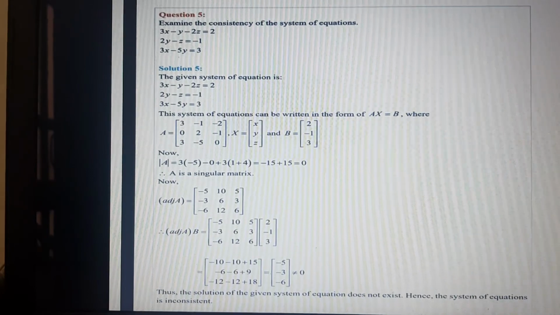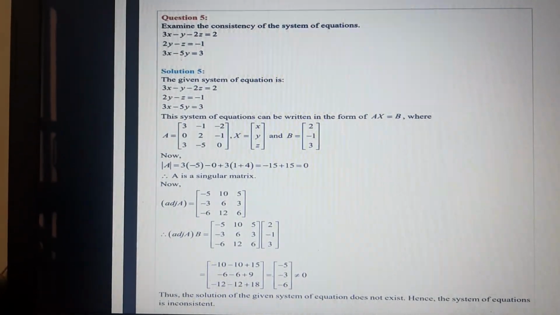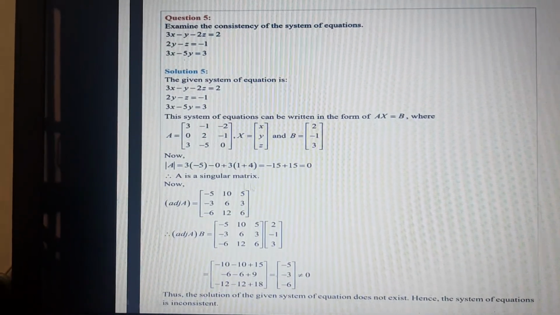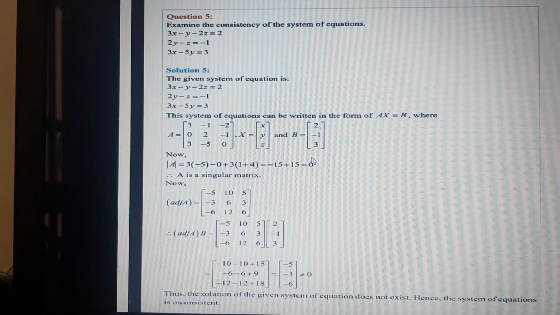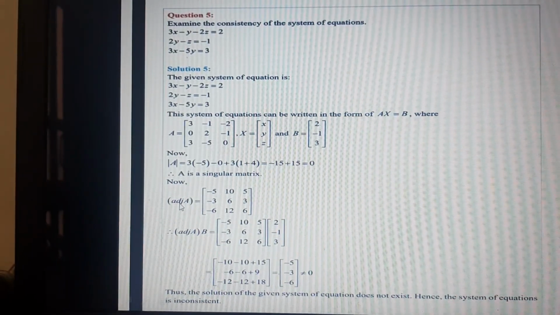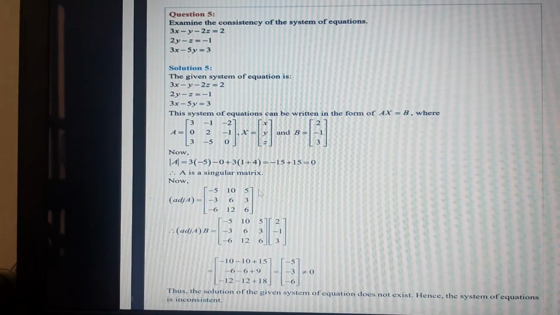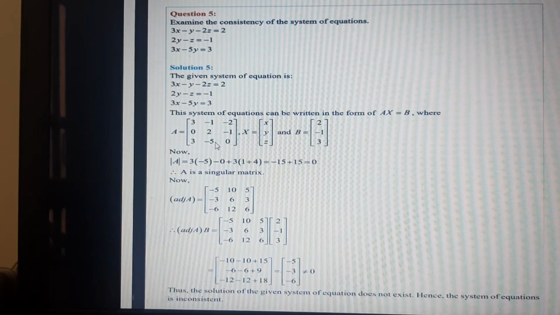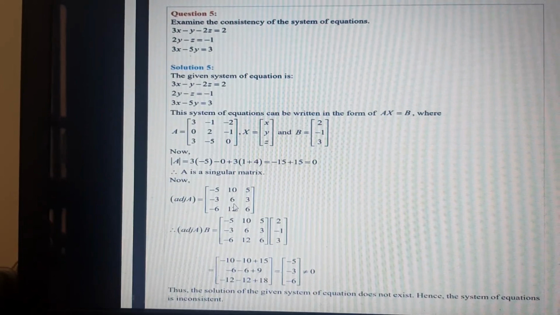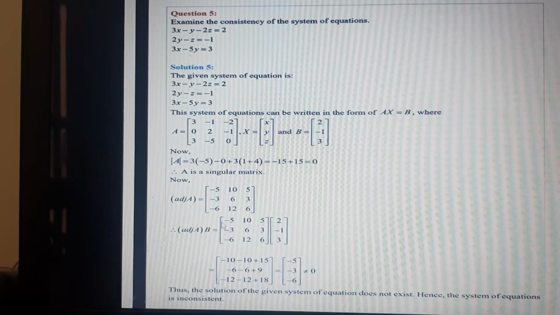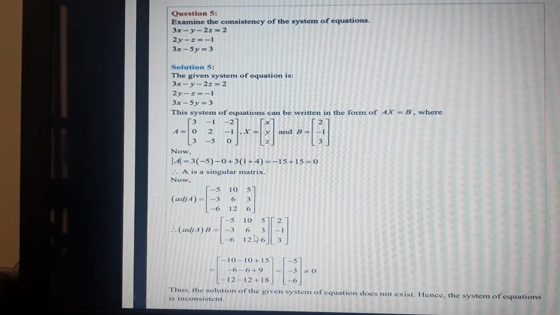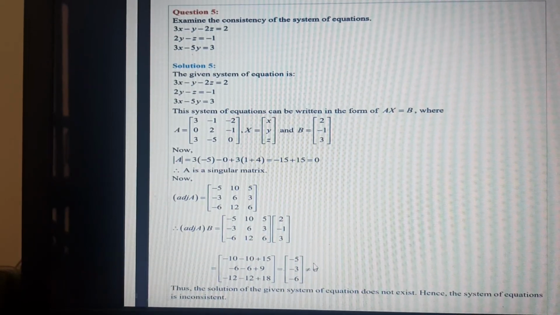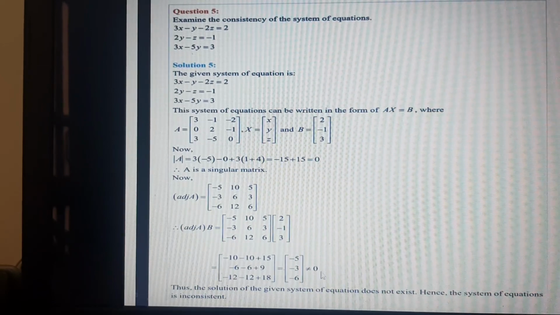First we have to find the determinant, and after solving the determinant we are getting 0, which means that A is a singular matrix. So the determinant of A is equal to 0, therefore we have to check the numerator, that is adjoint of A into B. For adjoint of A, they have found all the cofactors from this matrix A. For example, 0 minus 5 is -5, this is the first cofactor. Similarly, they have found all the cofactors, then we have taken the transpose to get this adjoint. After doing the multiplication, adjoint of A into B is not equal to a null matrix.